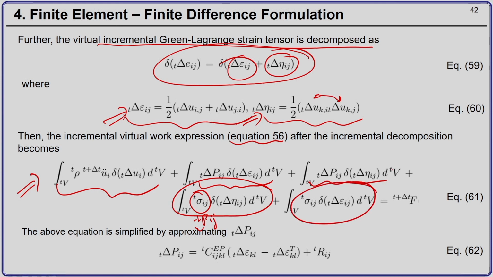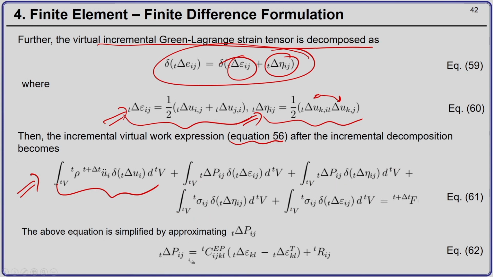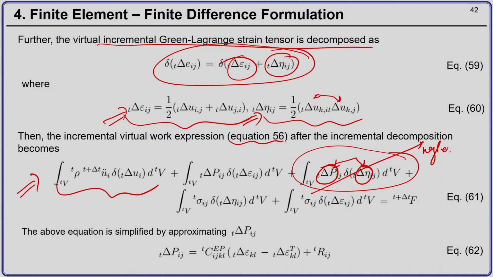Now, you notice that, let me rub this. If you notice this term over here, it has a delta P here and it has delta eta here. So the product of two very small quantities gives you an even smaller quantity, so we can simply neglect this. This is what we do as linearization: we are neglecting the higher order terms.